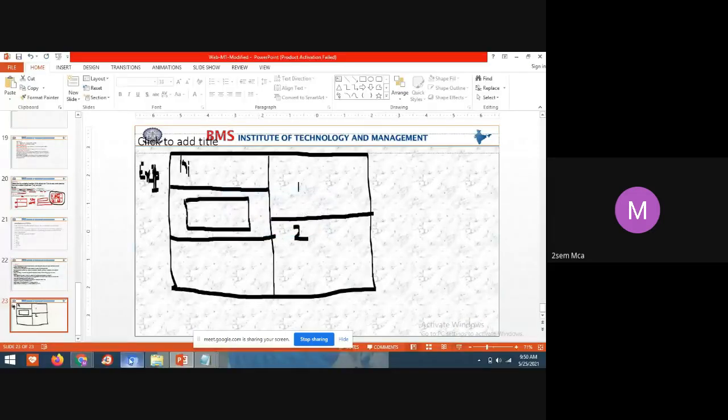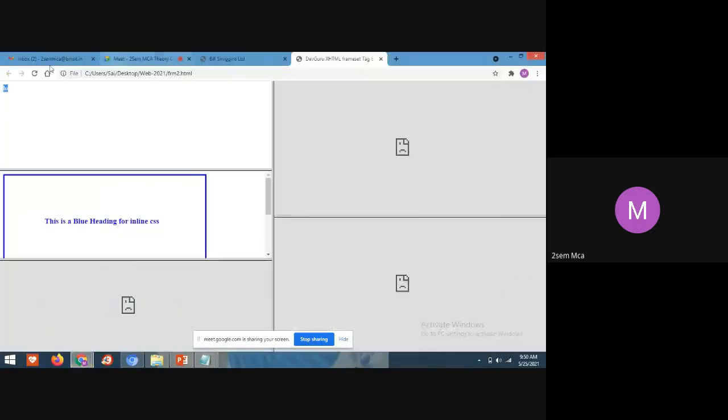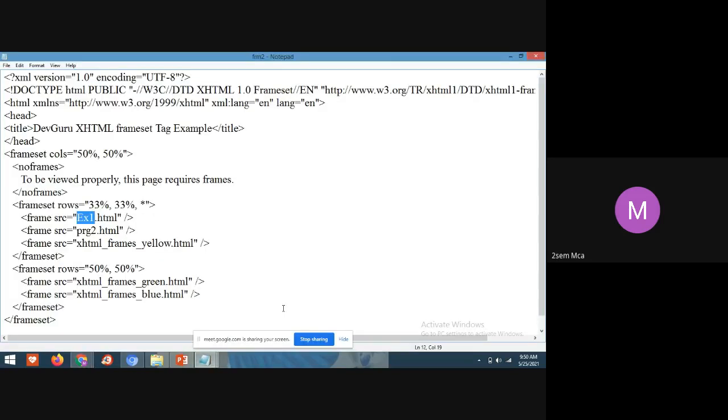The same thing you can see in the output, students. Here, "hi", this is the output of the second lab program. See here, source 1 is ex1, for the second it is prg2, and for the third some file name is there, but that file is not present in my folder.